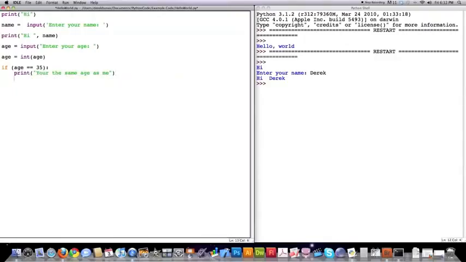But what do I do if they're not the same age? That's where else comes in. And what I'm going to do here, I just type in else. And this is just basic logic. I'm going to print out